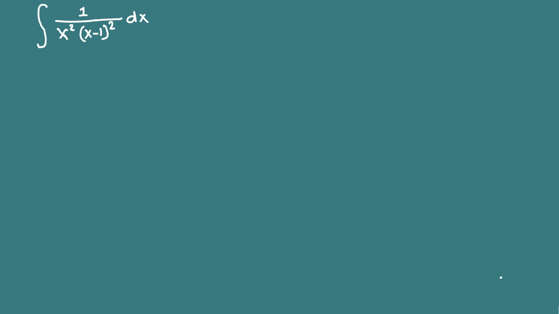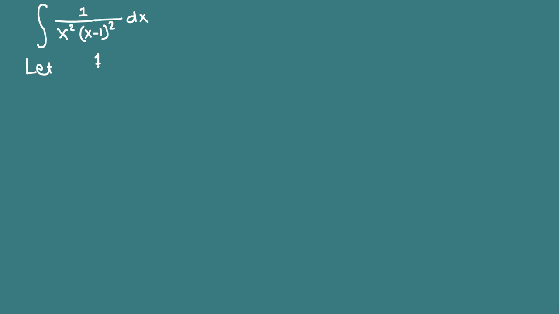We have the integration of 1 over x square times (x minus 1) quantity square dx. We will write this fraction as a sum of simpler fractions, called partial fractions, in this way. So let